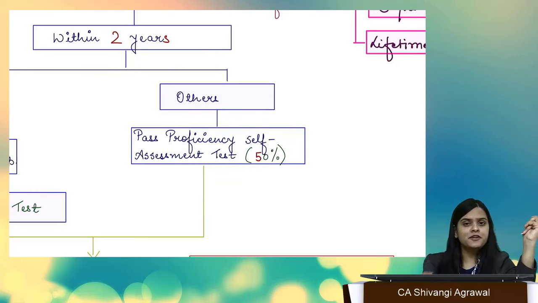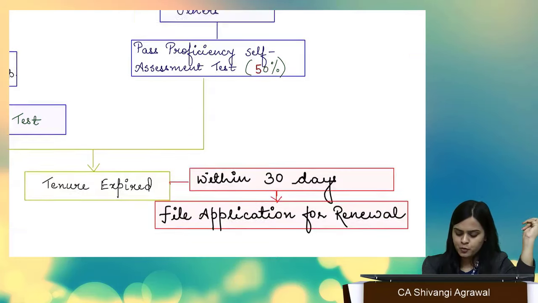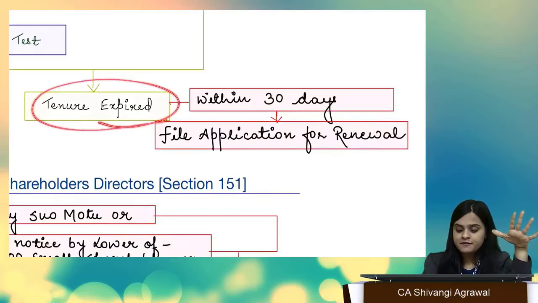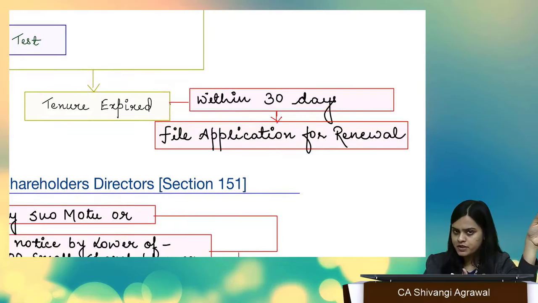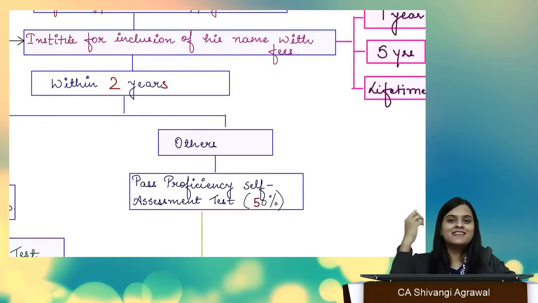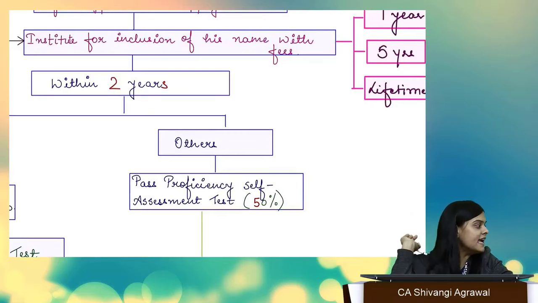You have to. If you don't pass it, your name will be removed from this particular data bank. If you pass it, great. Supposedly you enrolled your name for 5 years only. The tenure expires. Within 30 days, you can renew it. If you don't renew it, your name will be removed. Fine. Now, what else is there in this rule which needs to be remembered is the